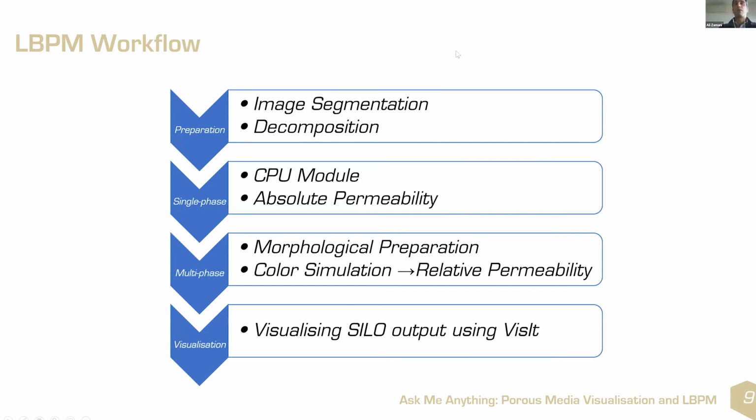So the workflow is fairly simple. Preparation, which is image segmentation and decomposition. If you have worked with micro-CT data, the X-ray scanner outcome is grayscale, and you need to segment it into separate phases to distinguish, for example, solid from other things like sediments. If you have coal, for example, you will have